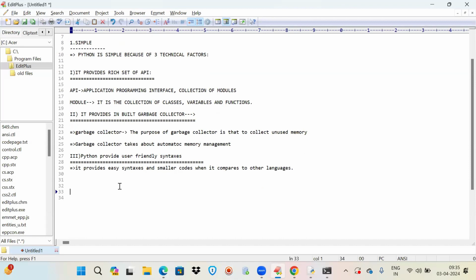Now, fine. Next is what? Freeware and open source. Second, we'll write freeware and open source. What does it mean? What is the meaning of freeware and open source? Freeware is nothing but